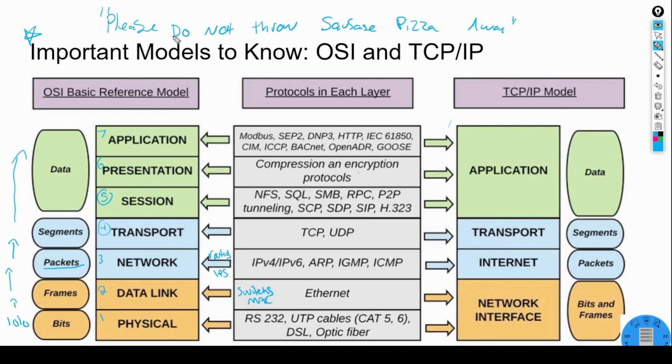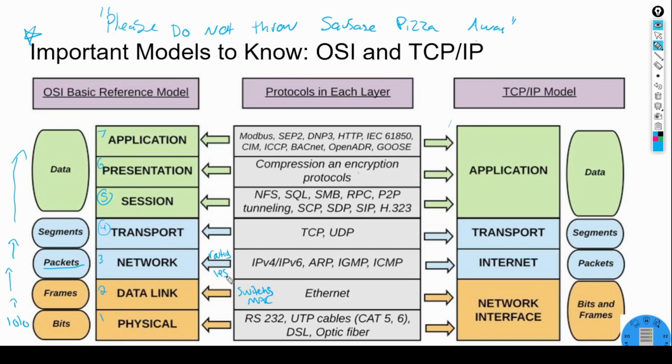P for physical, D for data link, network, transport, session, presentation, and then application. You would write out those first letters based on the phrase that you're going to remember the organizational structure in, and start answering your question on the exam that way. At a high level, I would definitely understand the order, the layers, what they're called. I would be aware of some of the protocols that we're going to discuss here, but just starting out on this slide, memorize your 7 layers, memorize what order they're in,